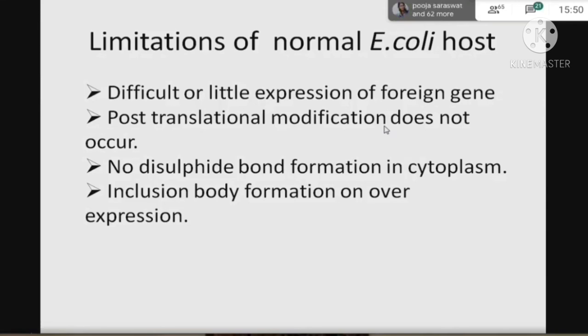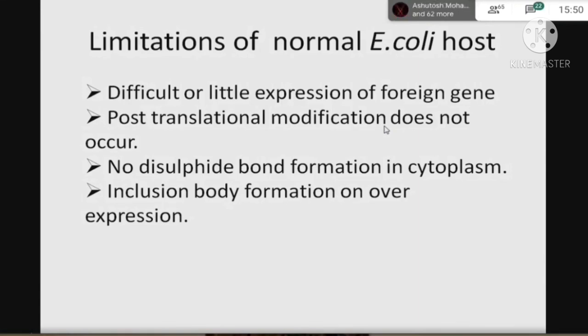But here we are talking mainly about glycosylation and some other modifications which don't take place in E. coli. Glycosylation will not occur in E. coli. And most eukaryotic proteins need glycosylation for proper functioning. Fine? Yes, so sir, if you need a glycosylated protein, then you cannot use E. coli as a host for production of recombinant protein, because there is no mechanism available for glycosylation in it.